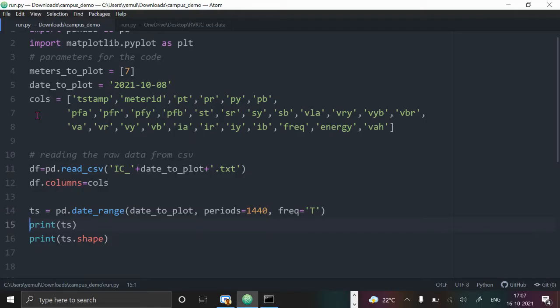So what I will do, I will say meter data. Or let's say, to make it clear, I'll say MDF, meter data frame. Because we are going for a specific meter, not all meters, this data frame I want to now create. That is a variable name. Now pd dot.